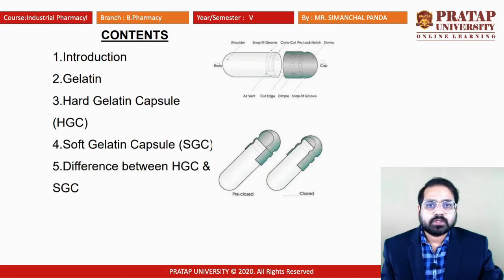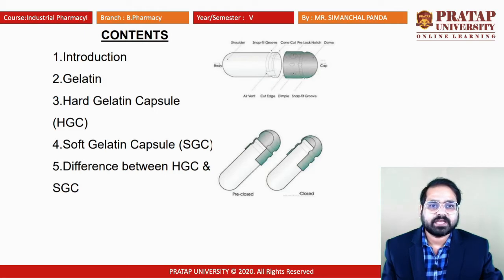Among those, the hard gelatin capsule consists of two parts. One is known as the body, and the second one is known as the cap. The longest part, which has a slightly smaller diameter, is known as the body, in which the active ingredient and excipients are placed together. The other part is known as the cap, which is comparatively small, and its work is to lock the capsule shell so that the ingredients cannot come out.